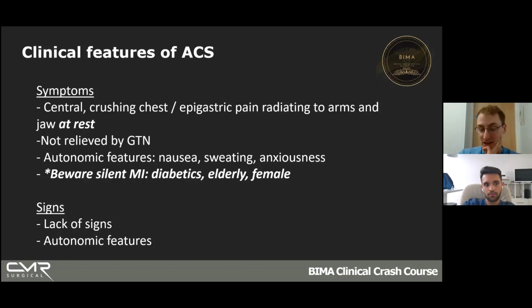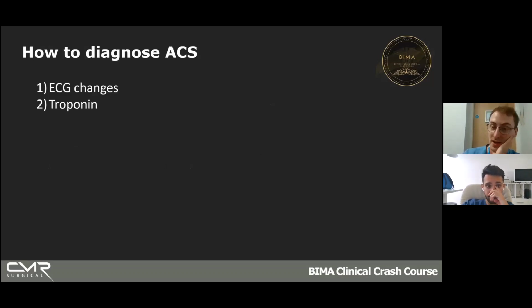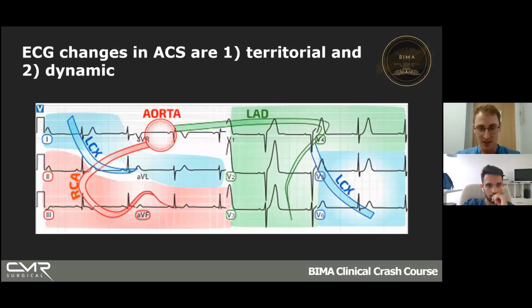How do we diagnose it on tests now? So we've got someone who we think might have ACS with this ischemic sounding chest pain. So you do two things. Firstly, you do an ECG, and secondly, you think about doing a troponin blood test. So let's talk about ECGs first. ECGs and ACS are simple once you get the basics of them down, basically.